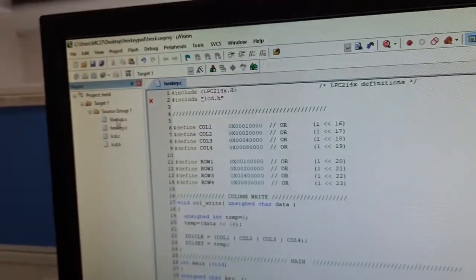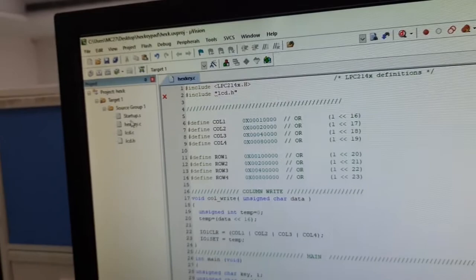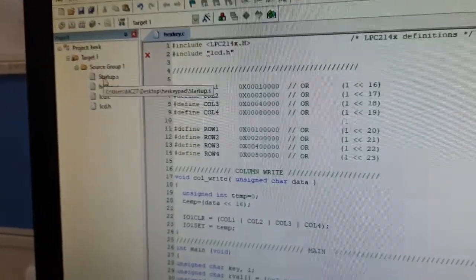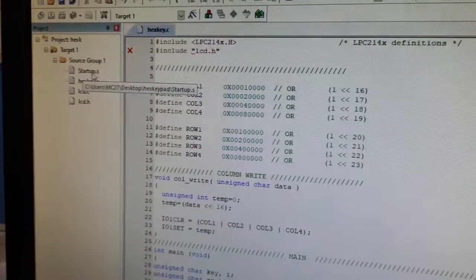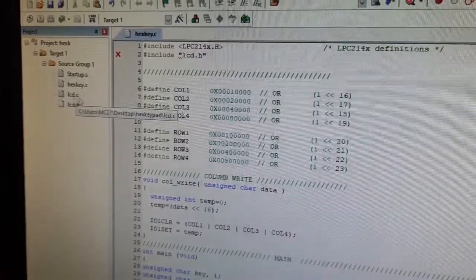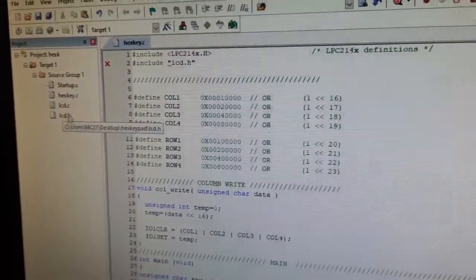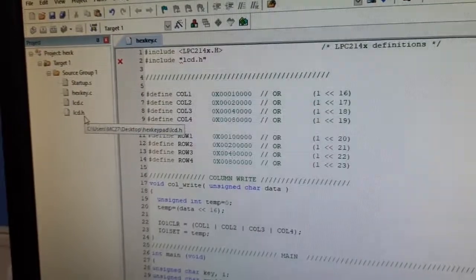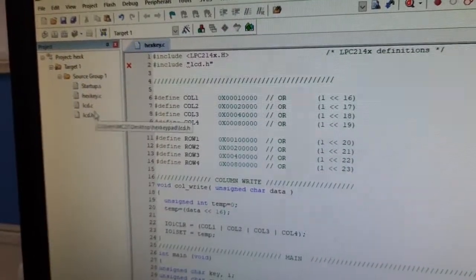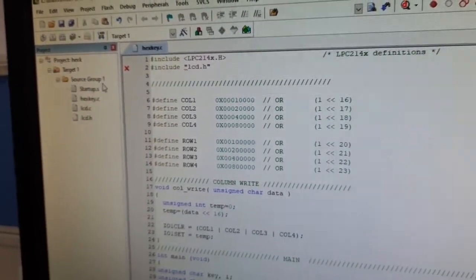Once this is over, you can see here in the source group 1 we have many files. One is startup.s, one is hexkey.c, one is lcd.c, one is lcd.h. So this many files are required in source group 1.